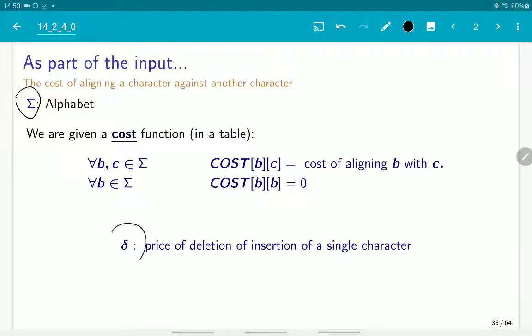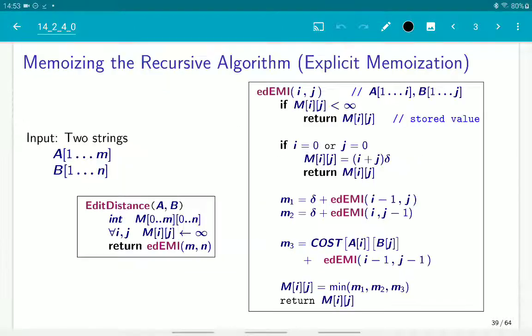In addition, we have this cost delta, which is the cost of inserting and deleting a character, which again, in the most general problem, you can define to be different for different characters and so on. Let's not go down this black hole. So now the cost model is hopefully clear. And now here is the resulting